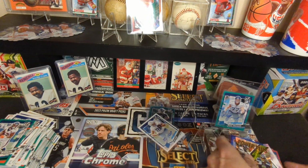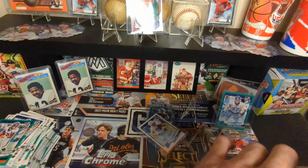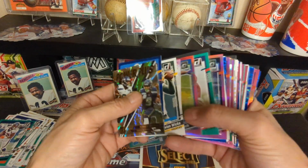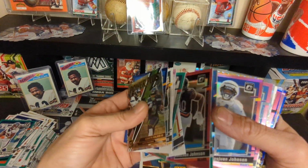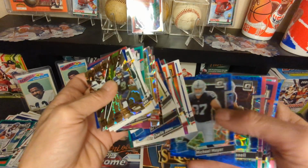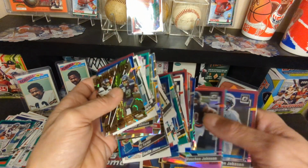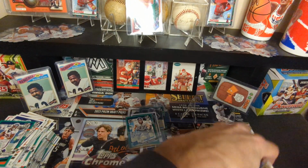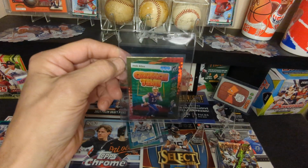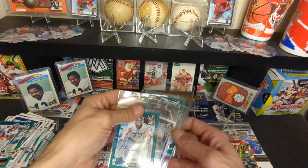So, could we have done better on those? Probably. Definitely missing out on some of the bigger name rookies. We did hit A-Chain, Tank Dell, Rashee Rice, and just an absolute stack of nice rookies and inserts, as well as a die cut right there on that Foskey. And this Crunch Time Josh Allen, which I know the glare's a little bit rough on, but that's a super nice looking card. So anyway, plus our three autos,